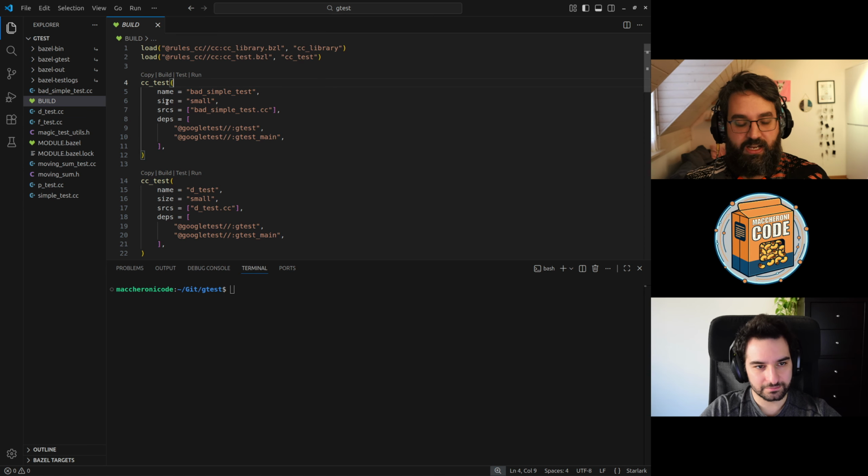The size is going to define how many resources the tool is going to allocate to this specific test. So to better understand if it is going out of memory or is using too much CPU, it's also going to change the timeout that is expected from this type of test. So if it takes too long, it's going to shut it down earlier.